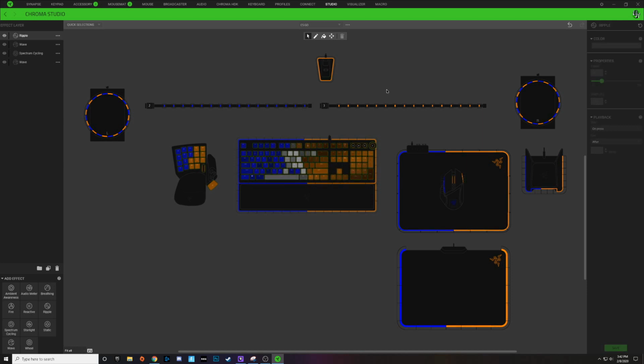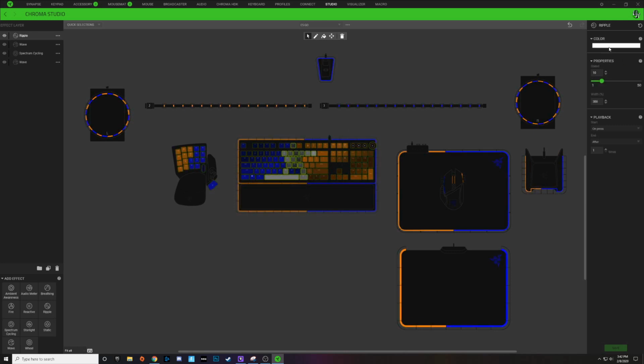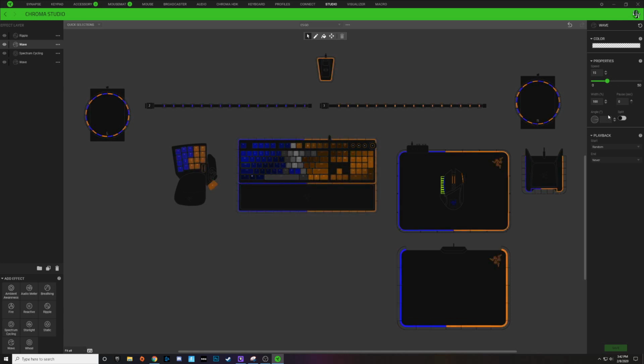So now for each section of my keyboard, whenever I press a key, it will light up that section with its respective color. Now I'm going to go back into my second wave layer that I created here, and I'm going to select this strip on the left side of my mouse. If you have a Basilisk Ultimate mouse or a Razer Mamba or anything that has additional lighting on the side, what I did is I just added an additional white